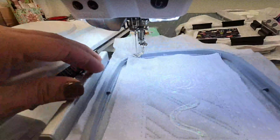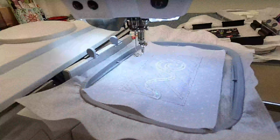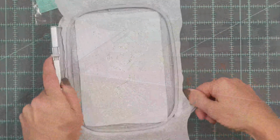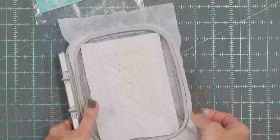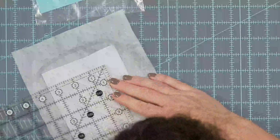When your design is finished, we're going to remove him from the hoop and we will trim him to size. He is going to be trimmed to 2.5 by 4.5, which should be these lines, the outer lines that are holding down your block. Now, before you immediately go and cut on those lines, I would suggest measuring to make sure that those lines are,